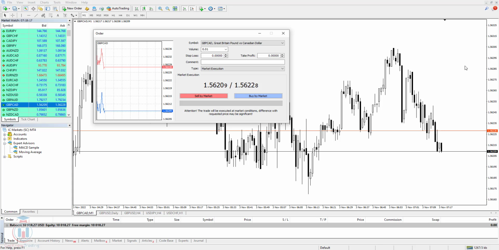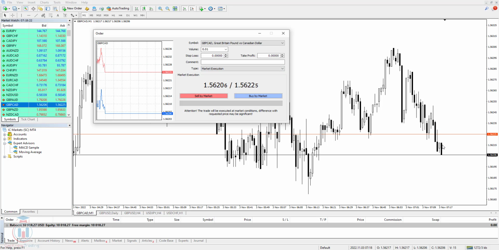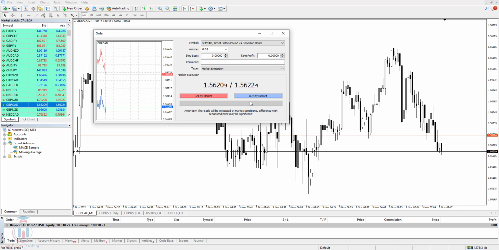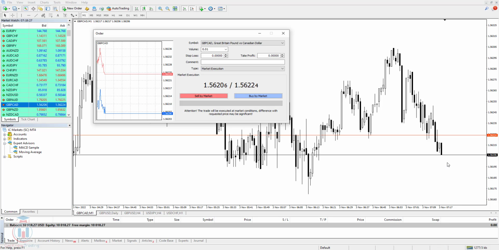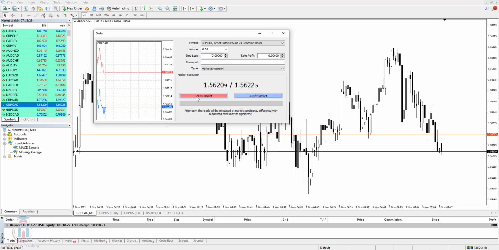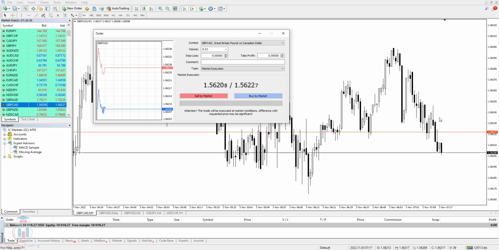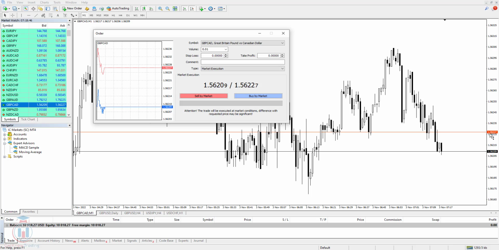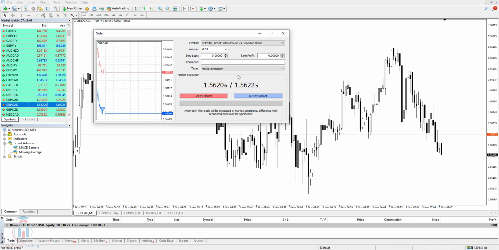The second problem is when you place your stop loss or take profit close to the bid and ask price. For example, I'm expecting now the price will continue to move down, so I'm selling on the market with the sell button. So my stop loss should be placed above the current market price. But if you create a problem for the trading platform, and that means if you put the stop loss between the bid and ask price, for example, currently it is